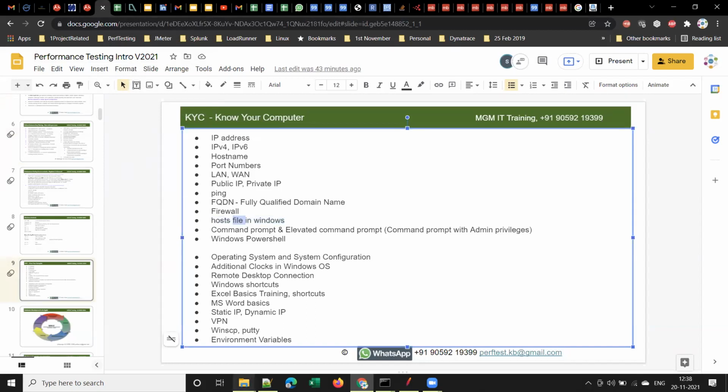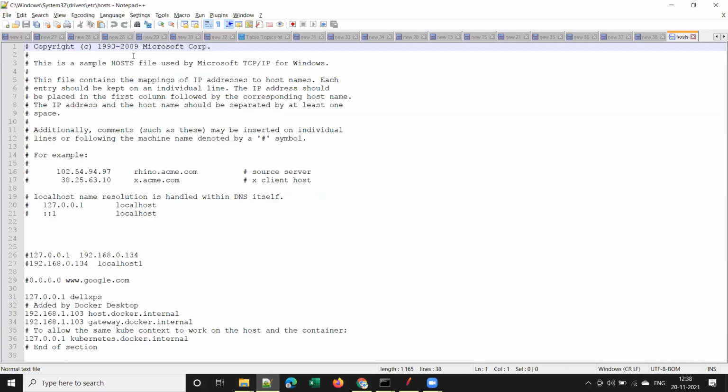So this host file, let me show that host file once. This is how your host file looks like. Okay. And now, if you,